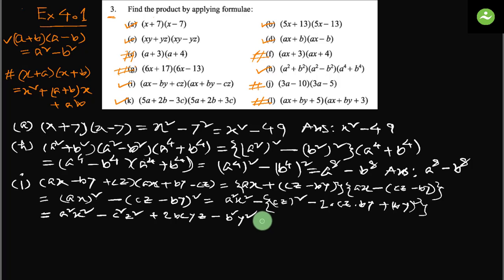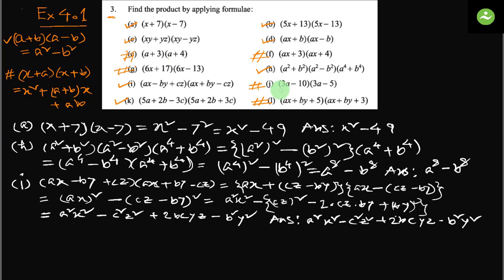This is the answer. A square x square minus c square z square plus 2 bc yz minus b square y square. Okay, I is done. Now J